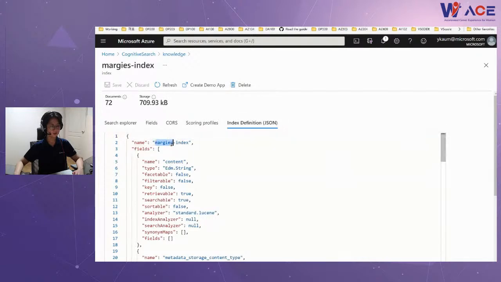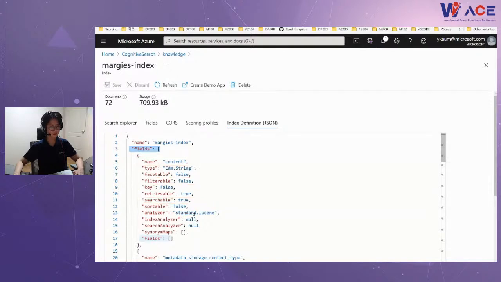As you can see, the index and the fields of the index. The first field name is contents, and you can also see the properties of this field. The contents field is not facetable, it's not filterable, but it's retrievable and searchable, but not sortable.